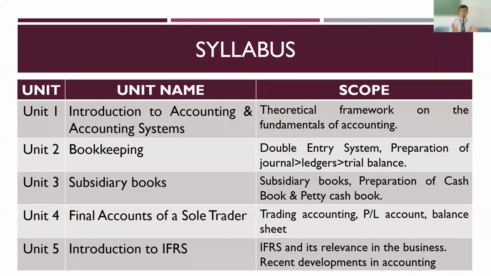So that is an overview of your entire syllabus. Please remember, this is a 4-credit paper, and this course comprises 5 chapters. Chapter 1, Introduction to Accounting. Chapter 2, Bookkeeping. Chapter 3, Subsidiary Books. Chapter 4, Final Accounts. Chapter 5, IFRS. So that's an overview about the